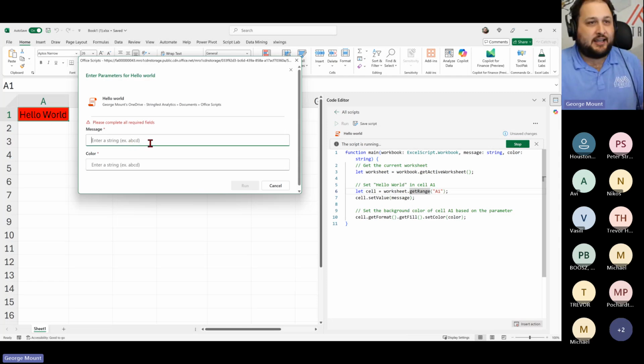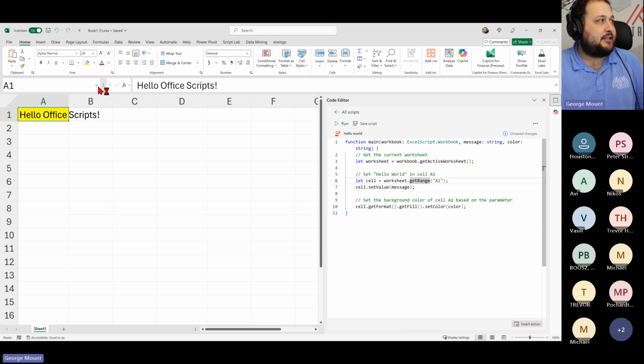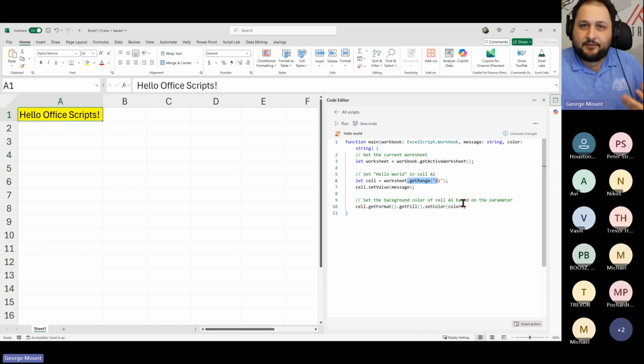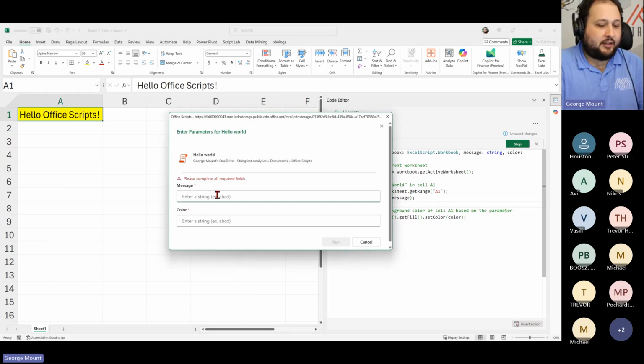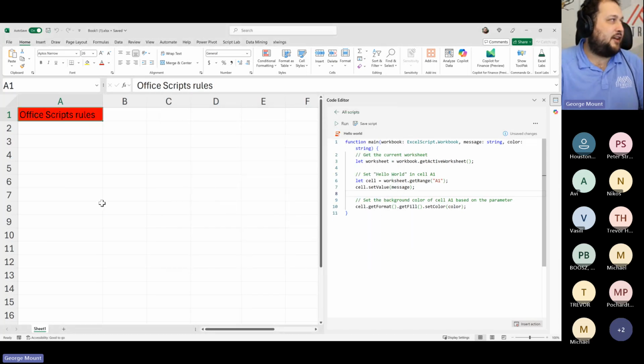which means we can specify what we want this to say, right? What should this say? Should it say hello world, or should it say hello office scripts or something like that? And we can also say, what color should this be? I'll make it yellow. All right, so we're giving our user some interactivity here. We could have easily set another variable here for the cell location, right? We could even set up a different worksheet, all sorts of different inputs that we are setting up this user form to let our user choose. Office scripts rules, right? And let's make this red, our color of love there. Okay, there we go. So we can use and reuse this.